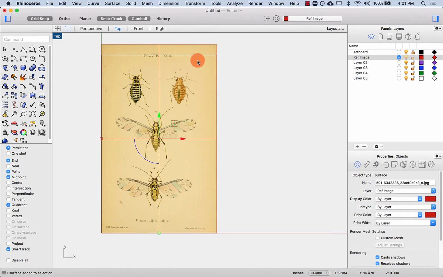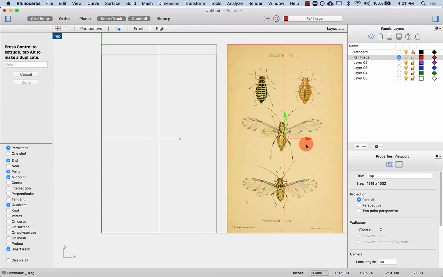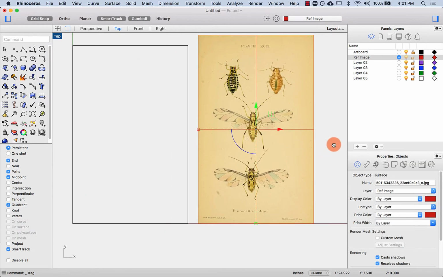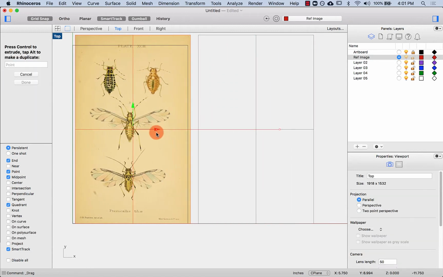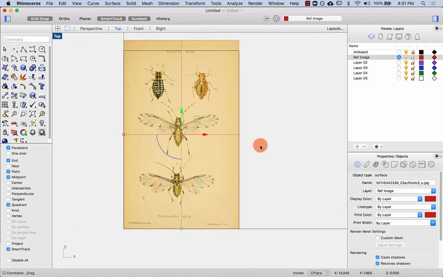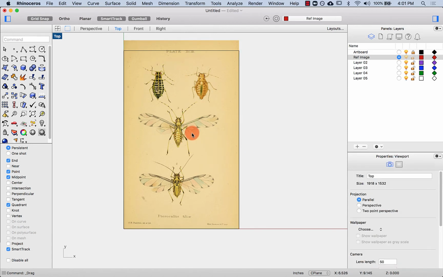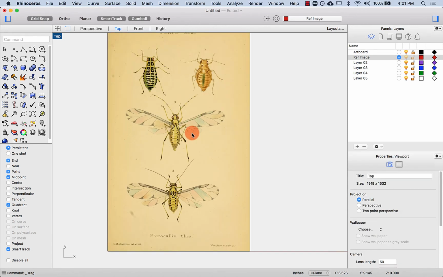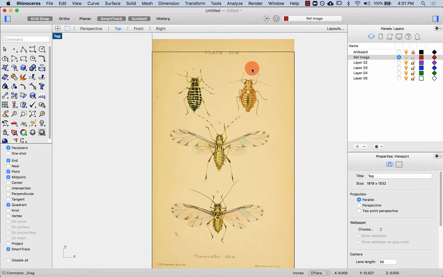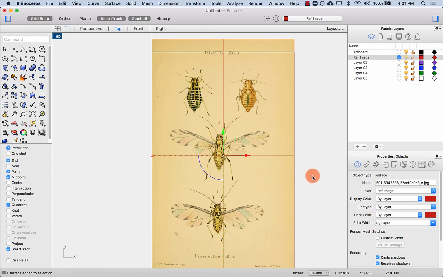Now I also want to lock this, but actually what I'm going to do first is just move it to the side. No, on second thought, let's move it back to here. That's fine. Okay, let's keep it there. So before I lock this, what I usually do when I trace images in Rhino is I change the transparency a little bit, and to find that, you select the image, and I'm going to go down here to properties,